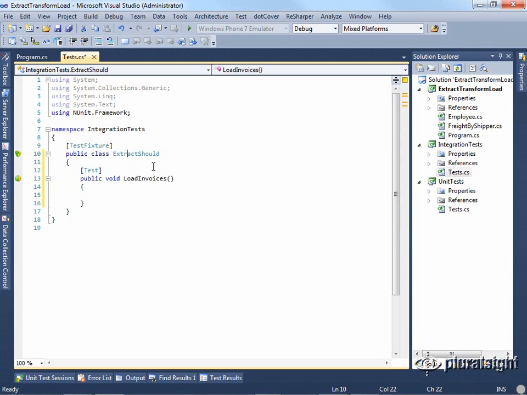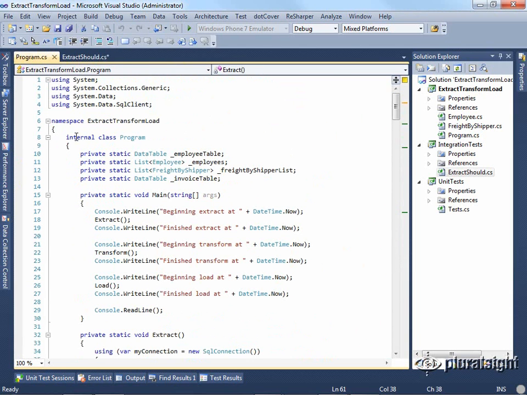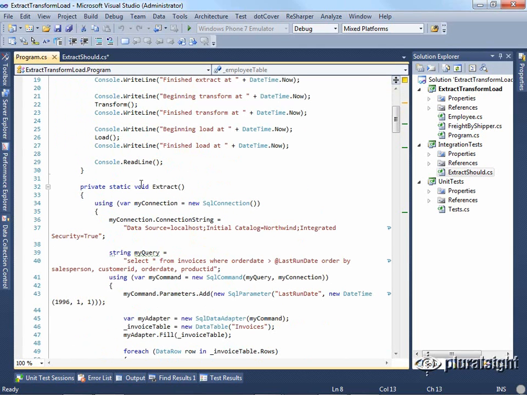So let's rename our class here, rename the file, and of course there's no easy way to test our code at the moment because all the logic inside the program is marked as internal, and so it's very difficult to get to this code. So the first thing that we need to do is try and extract out the extract method into something that we can work with. And so to start with that, we'll create a new class,